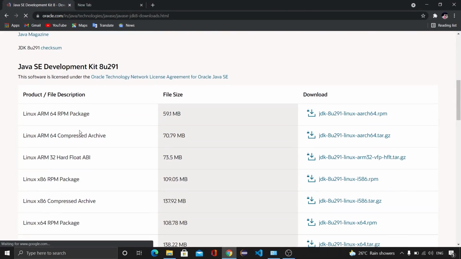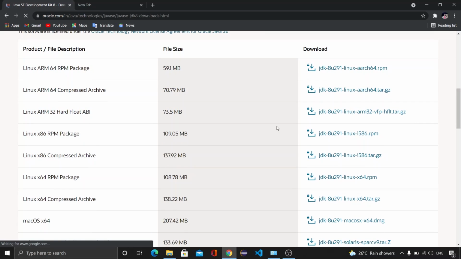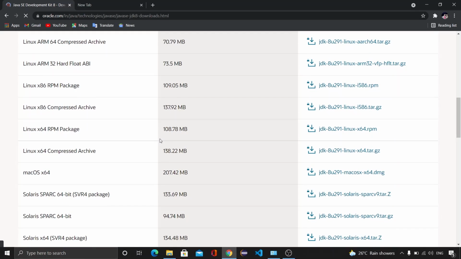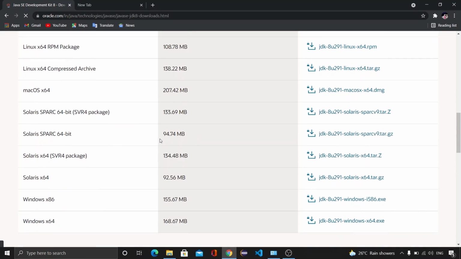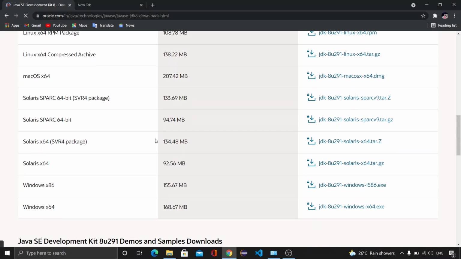We will click on JDK download, and after that we will land on another page. Once we are here, you will see that there are a lot of JDK files available for different operating systems: for Linux, for Mac OS, for Solaris and for Windows. Since we have already checked our architecture, processor and operating system, we can download accordingly.